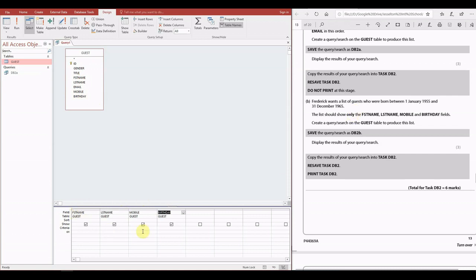Okay, so we have our fields that we're going to show, and now we need to look at the guests who are born between these dates. We do want to show the birthday field. So what we're going to do is, under the birthday, add our criteria. So, born between the 1st of January 1955 and the 31st of December 1965. We use greater than or equal to the 1st of January 1955, and we use the word and between the dates, and less than or equal to the 31st of December